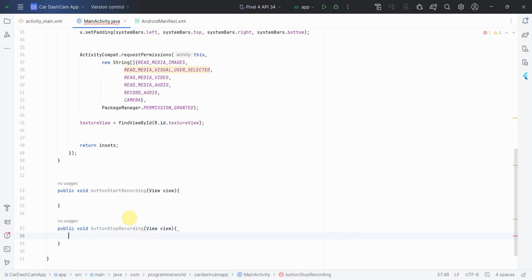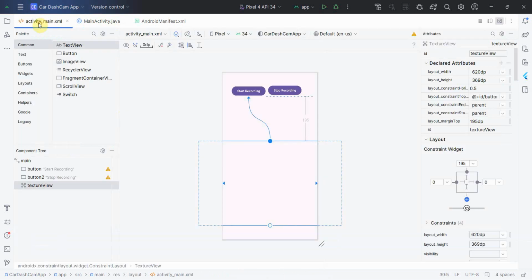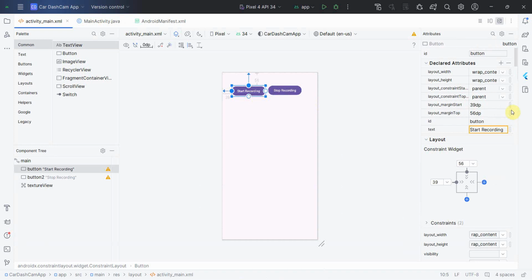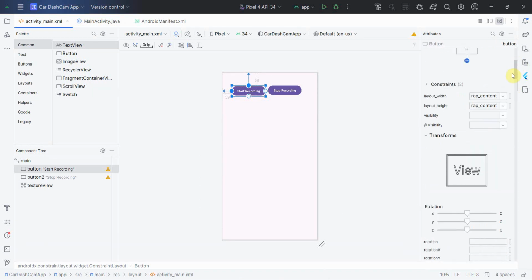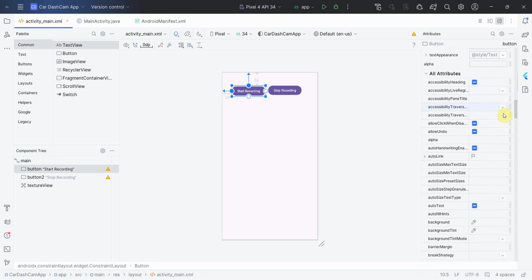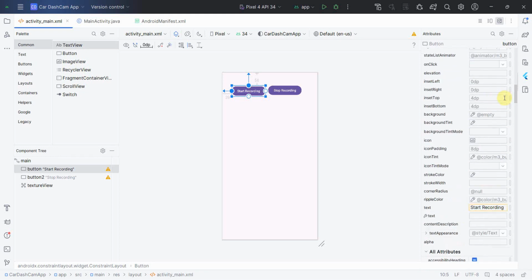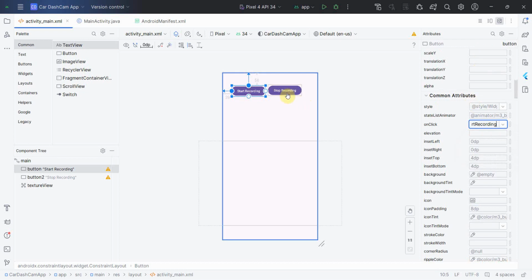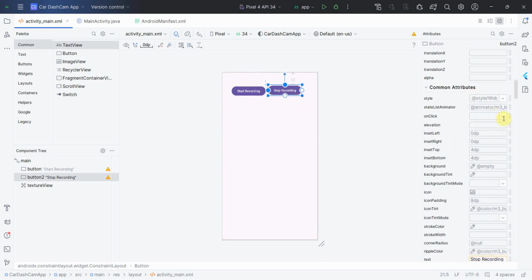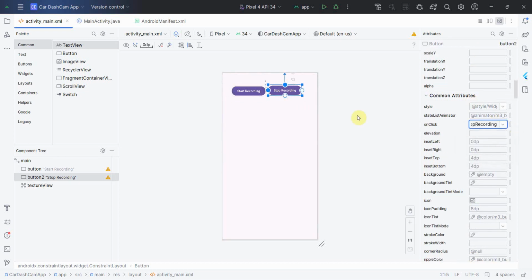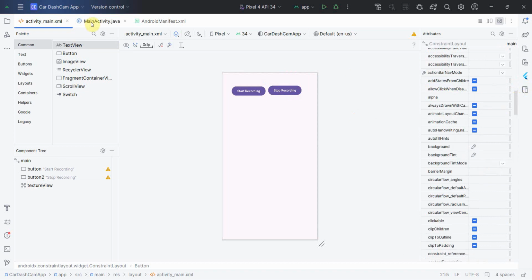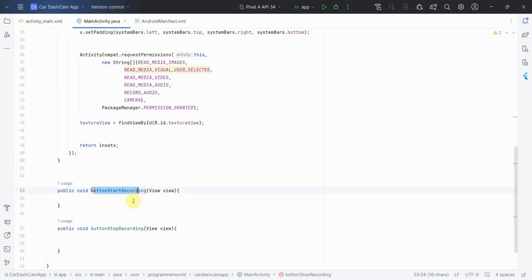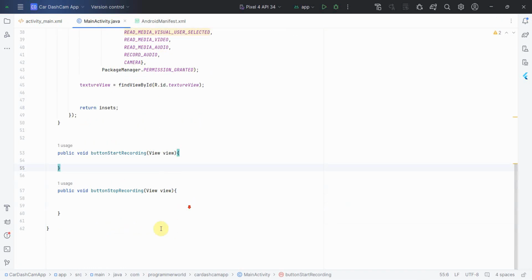view. Perfect. Now if I go back to my layout, quickly one by one I'll define this on click in the on click attribute over here. So if you scroll down somewhere, you should get the on click attribute over here. Okay, if you don't get it, just search it in the attribute search. Perfect. So if you go back to the Java code, the color of both these methods should change to bluish